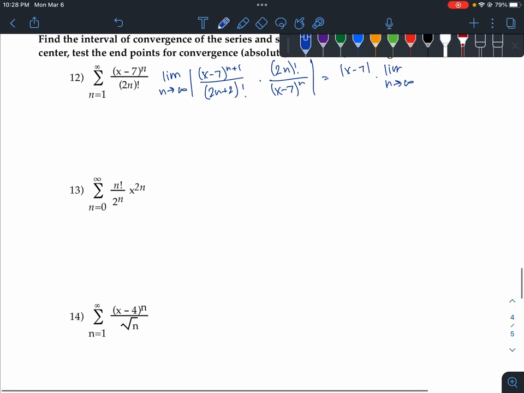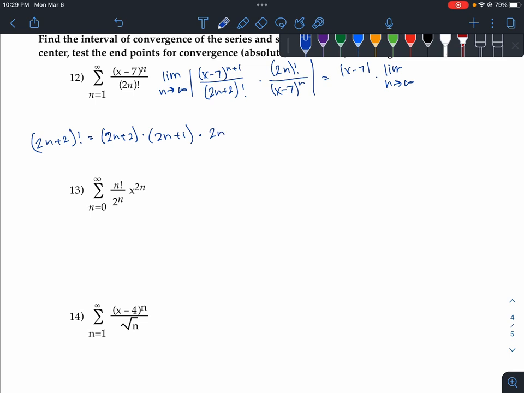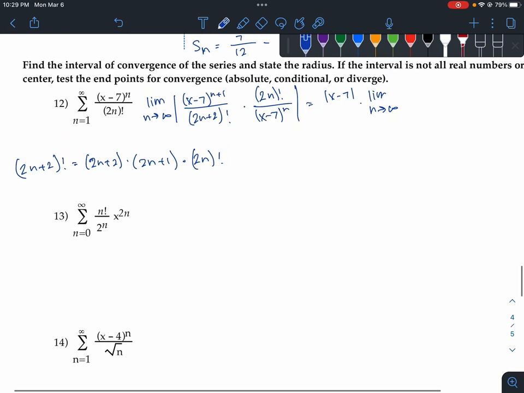So one thing to know about 2n plus 2 factorial is that 2n plus 2 factorial would be equal to 2n plus 2 multiplied by 1 less than that, and 1 less than 2n plus 2 would be 2n plus 1, times 1 less than that, which would be 2n, and then times 1 less than that, and so on and so forth. So that would be times 2n factorial. So considering that that's what 2n plus 2 factorial is equivalent to, you can see that we have a 2n plus 2 on the numerator, and we have a 2n plus 2 on the denominator, which would cancel out. So I'll be left with 1